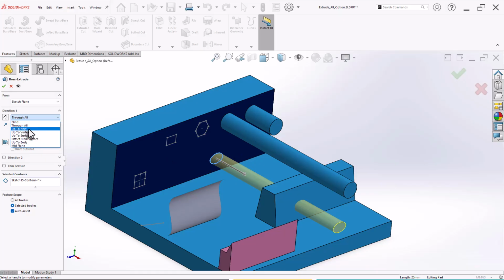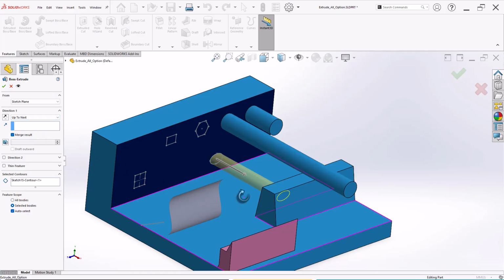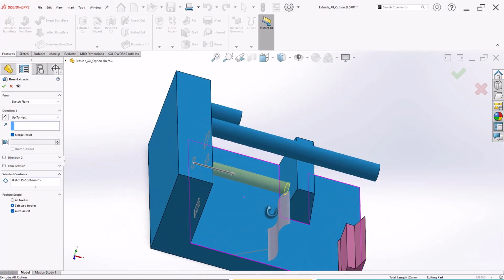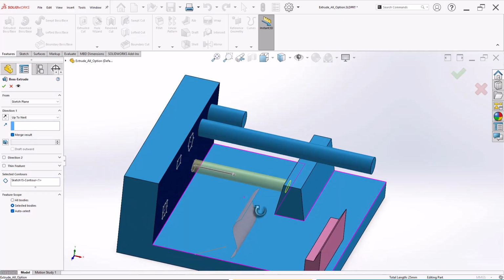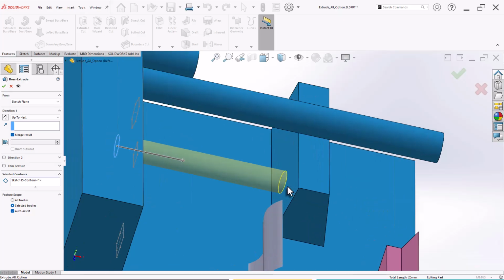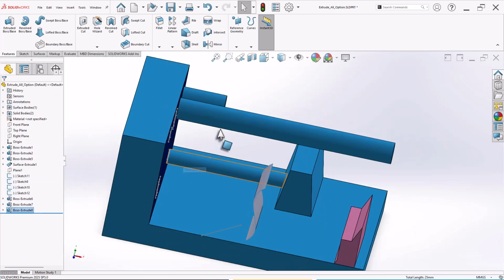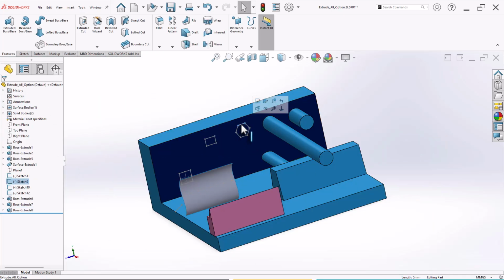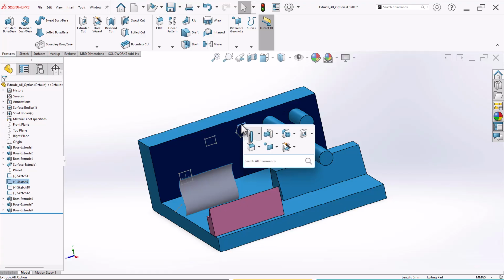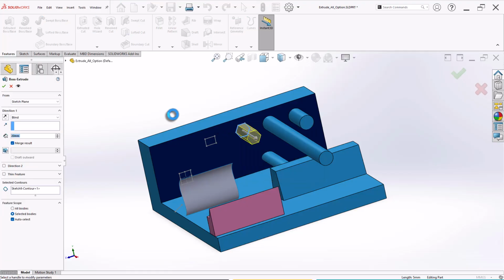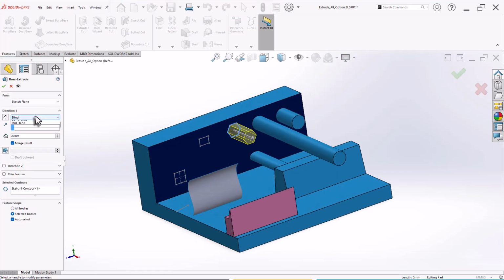Here, I want to go to up to next. What does it mean? The extrusion will extrude up to the next surface it meets in the way. So this is the surface. So this is the meaning of up to next. Let's click OK. Now let's try this hexagon shape. Select it, press the S key and extrude again. This time I will choose